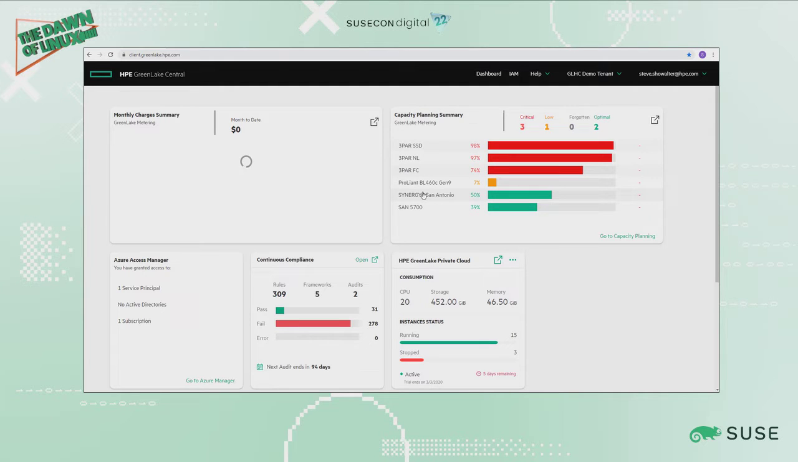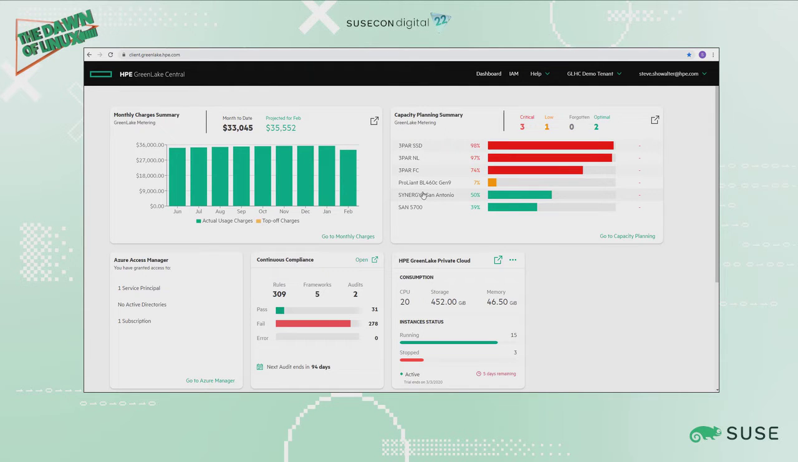When I log into GreenLake Central, it starts off as a blank palette. Various tiles and widgets appear on my palette that correspond to items that I've subscribed to and items that I have access to. So let's take a little bit deeper look at some of the capabilities that we offer through